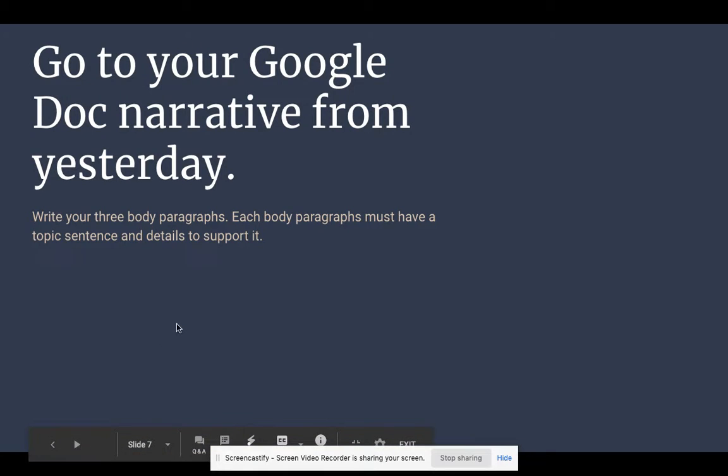So now it's your turn. You're going to go to your Google Doc from yesterday where your narrative was. You should already have your name, date, title, and intro paragraph. Now you're going to add to that by writing 3 body paragraphs. Each body paragraph must have a topic sentence and details to support it. So here's really the meat of your story and where you're going to really get into